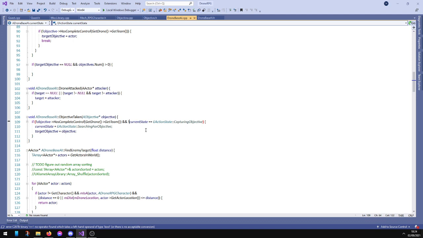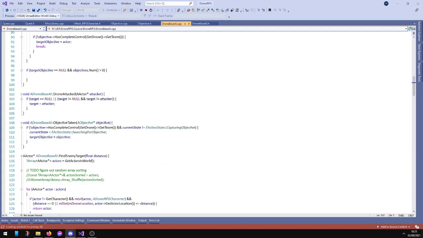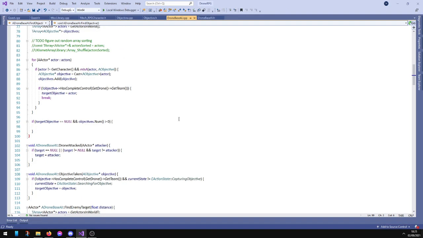Oh, why do I keep doing this? It's the second time I've done that today. There we go. I have no idea where that came from. Okay. I don't need to run this. Okay, so now we've got the